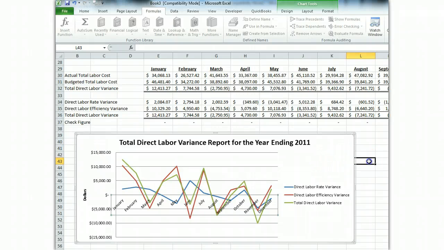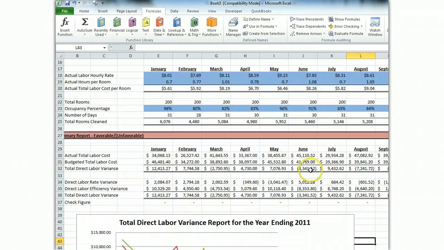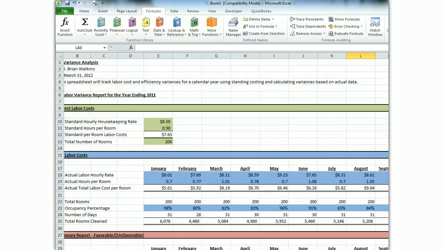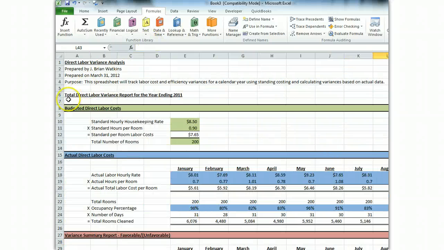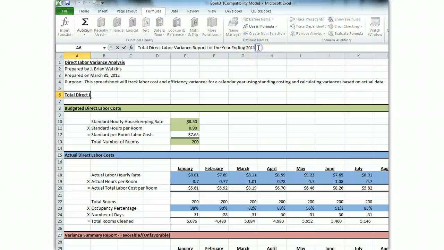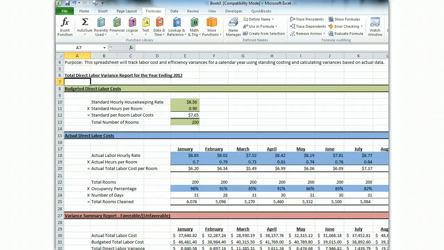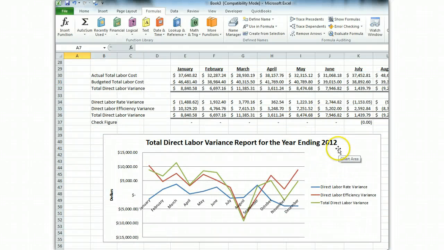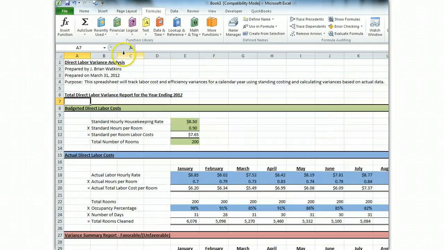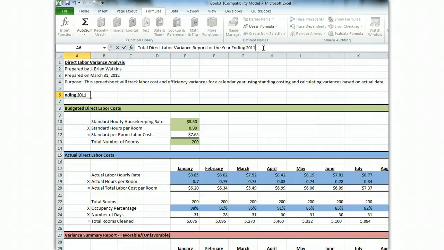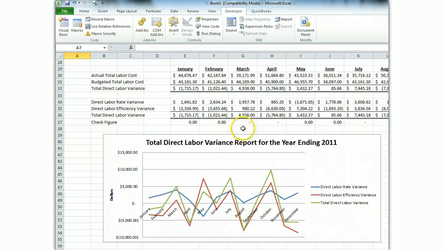But I hope that this trick of using the name here, for example, if I change this to the year ending 2012, then you'll see that it automatically showed up in my chart. So that's an active chart reference. That's our project. So remember, when you are going to commit to your formulas, to double check